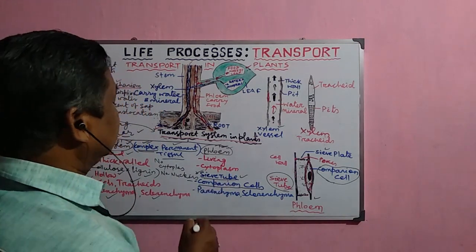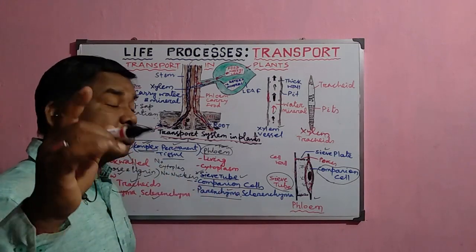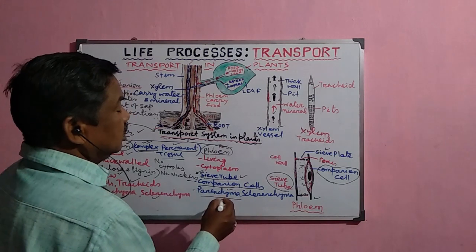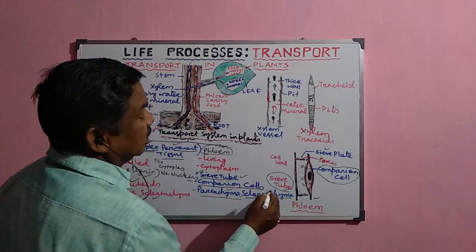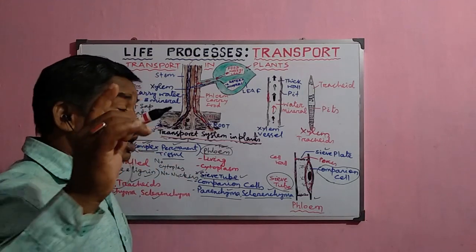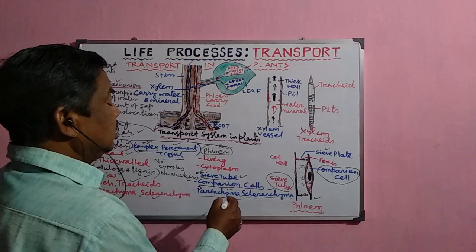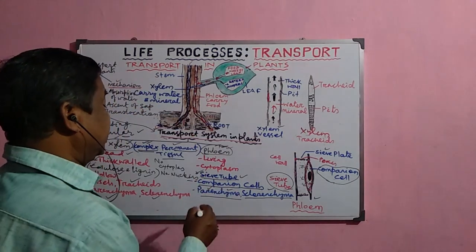Now, after that there are two other types of cells in the phloem which do not actually help in the process of conduction. They help in other purposes, but they are also present in the plant. The sclerenchyma provides mechanical support and is very strong and rigid. So it is present in the seed coat, in the fibers, and the parenchyma.